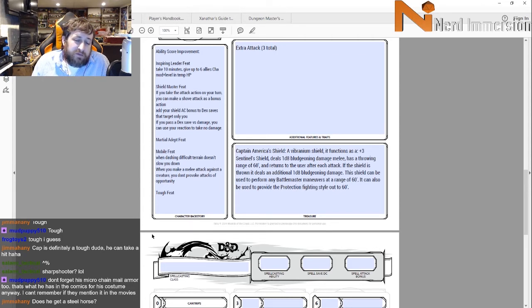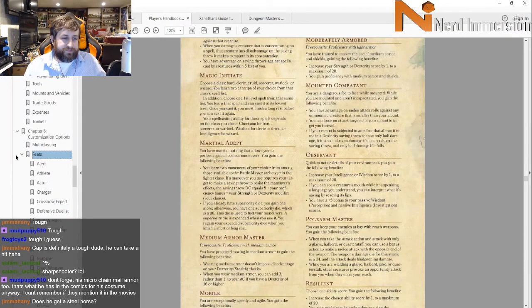It can allow him to perform his Battlemaster maneuvers out to 60 feet. And it allows him to use his protection fighting style out to 60 feet as well. I don't know if we need to add the arrow catching shield ability, where he can get a +2 versus ranged attacks, and then also use it to become the target of the attack. I don't really think that that's necessary. I'm going to leave that up to you guys in the chat, but I am going to go ahead and give him his armor, which I think we're going to call...